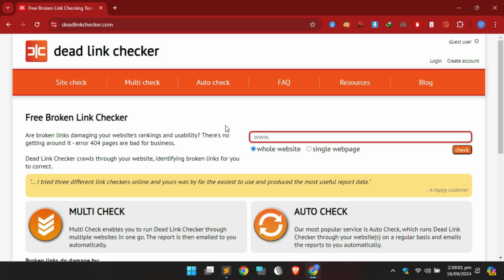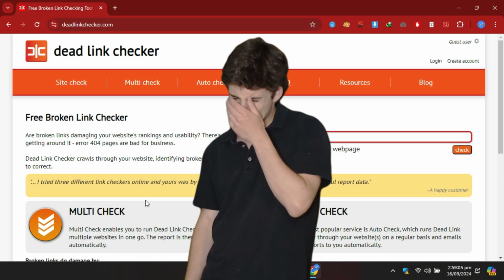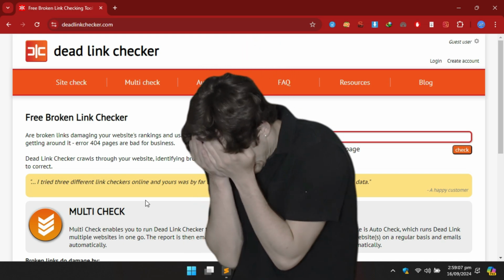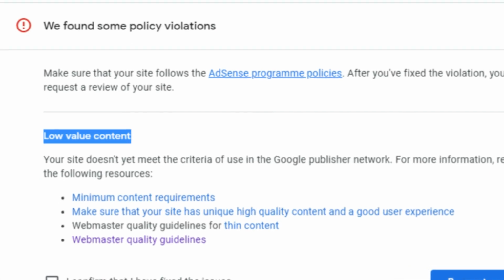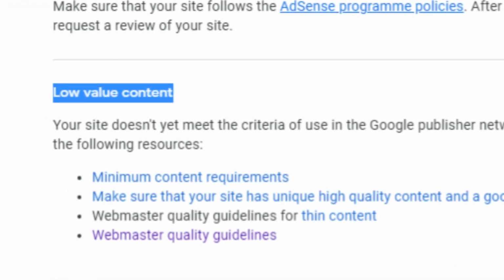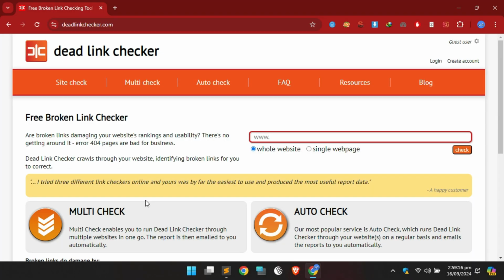If they didn't tell you, broken links can really affect Google AdSense on your blog, then this is what you must know now. On Google AdSense, sometimes low valued content is due to dead links or broken links that are found on your blog. So if you don't know if you have dead links or broken links on your blog, the first thing you need to do is